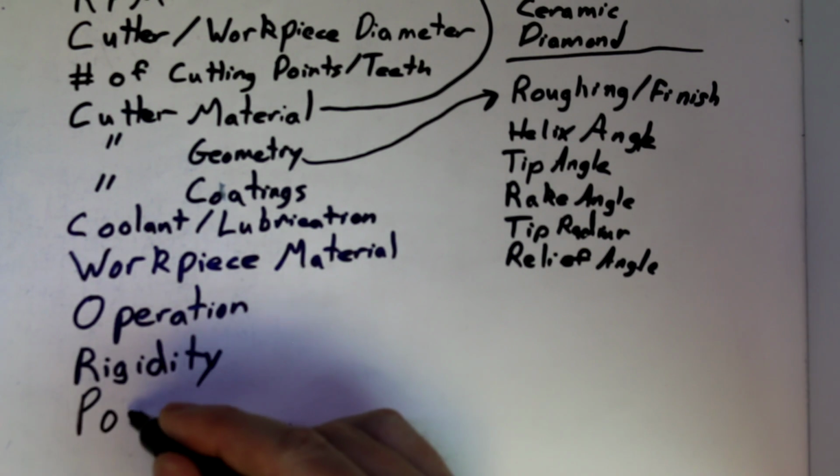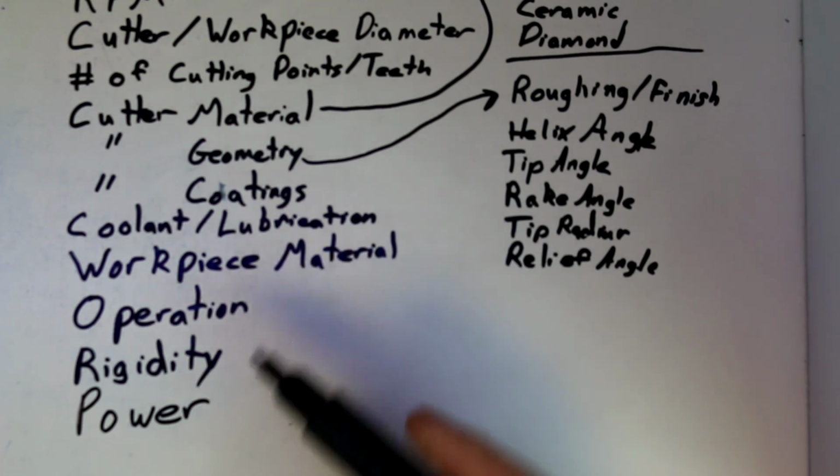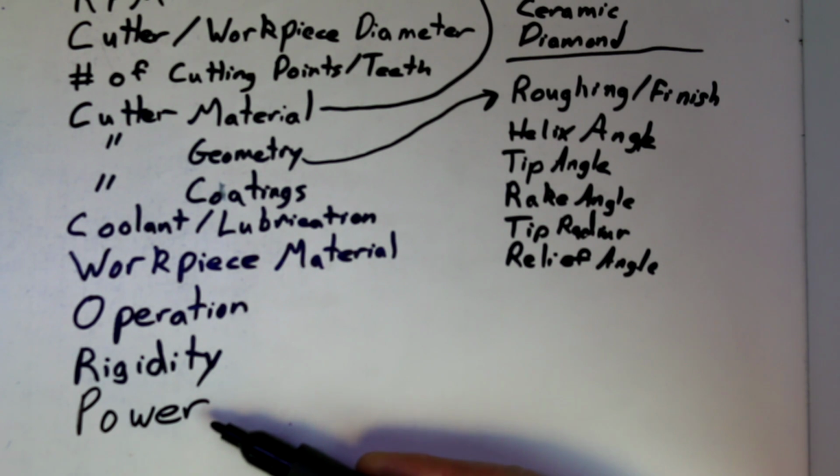The other item we have to keep in mind in our smaller machines is power. If you take care of all these other items up here, power is going to really be your final limiting factor. If you've got the best cutter and the best setup and the most rigid with the best cooling and everything else optimized to where you can really push your setup, then your power is likely going to become your limitation. It's how fast can you spin a cutter while still keeping enough torque in order to power that cutter